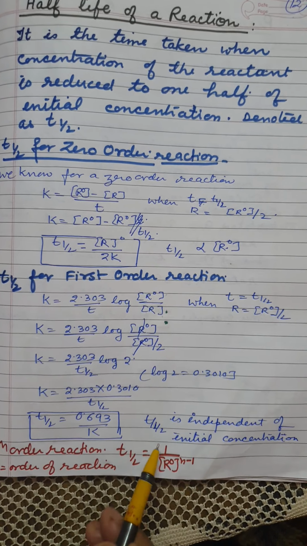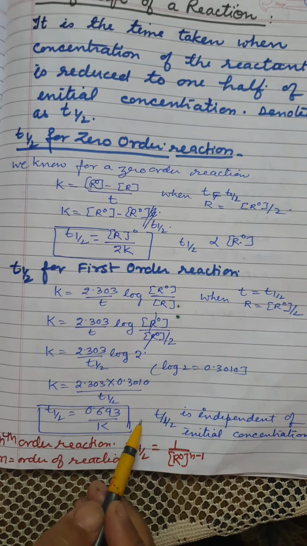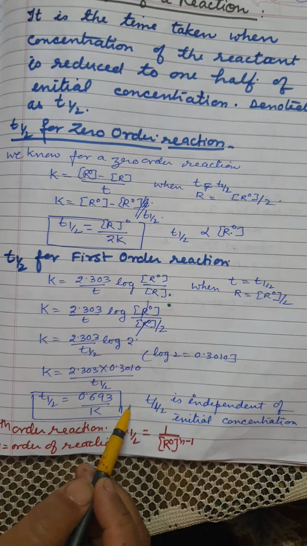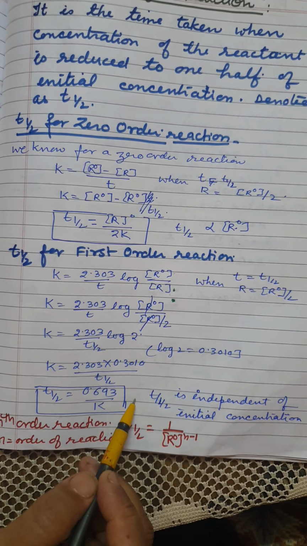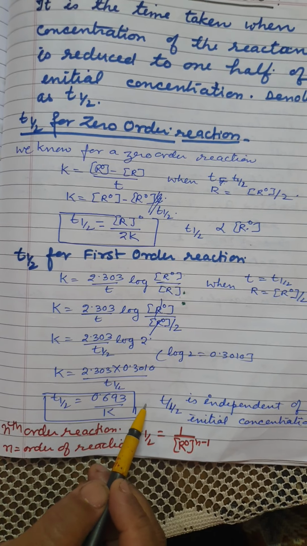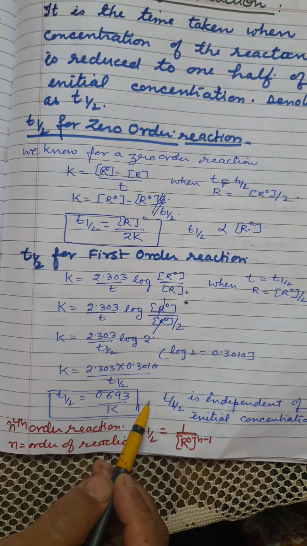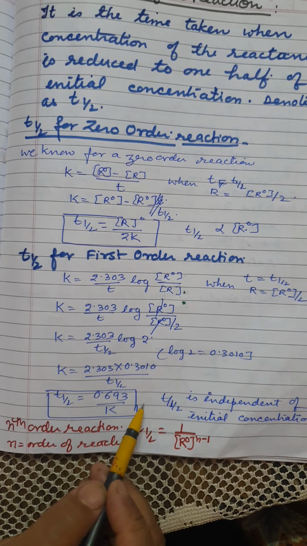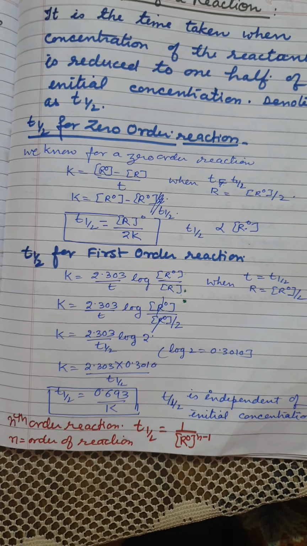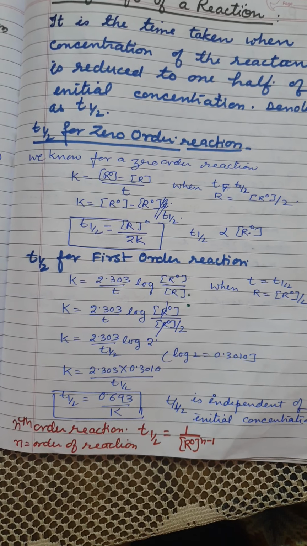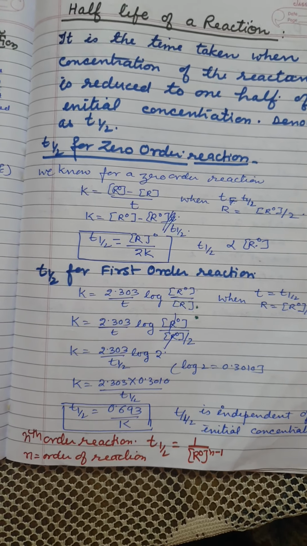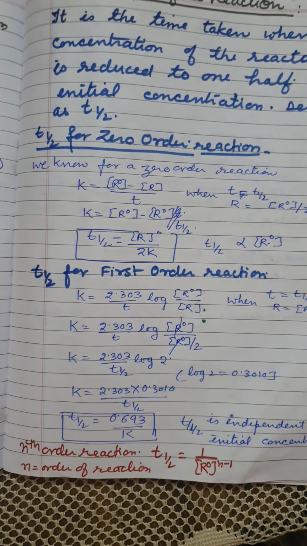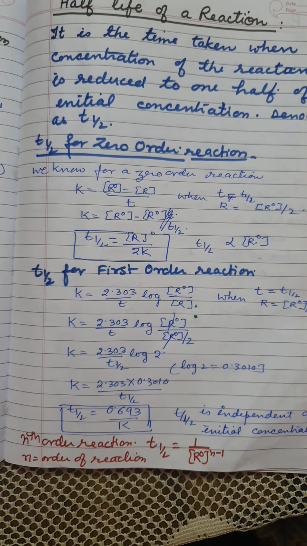concentration. If we start a reaction with 2 moles of reactant and it takes 50 minutes for 50% completion, it will take 50 minutes if we start the reaction from 10 moles. It will take 50 minutes to get 50% completion if we start the reaction from 100 moles. So whatever the initial concentration, T half, meaning the time taken for 50% completion, will always remain the same.